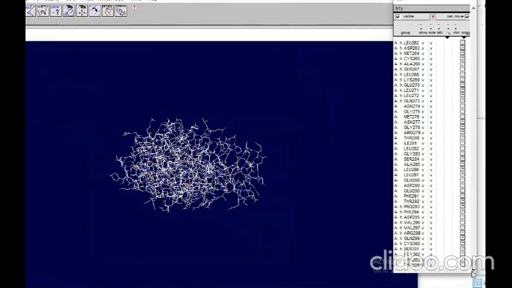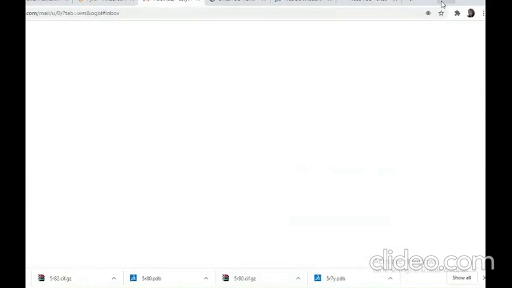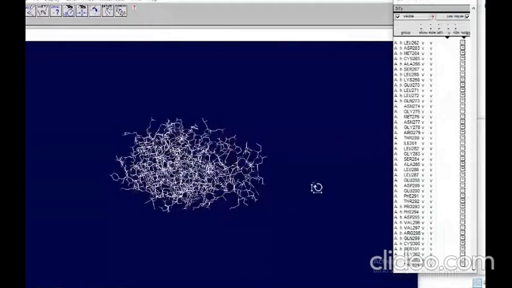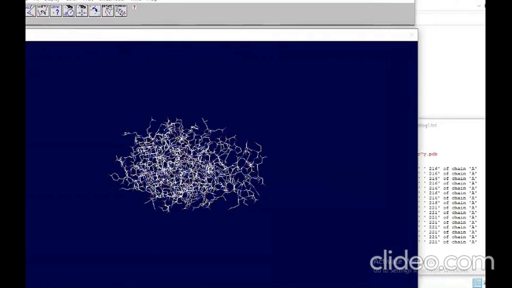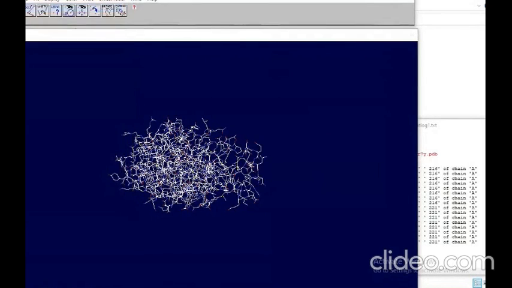Someone is asking to repeat this slide again, ma'am. First of all, open PDB Viewer. When you open it, go to File, Open PDB file.